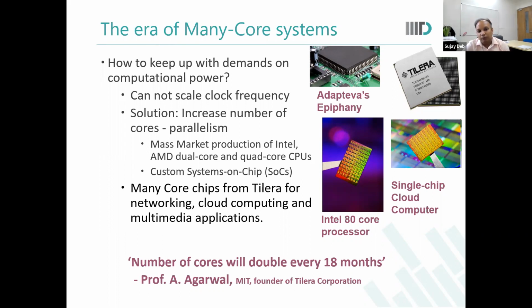Professor Anant Agarwal from MIT, who is also a founder of Tilera, came up with a corollary of Moore's law, which suggested that the number of cores will double every 18 months. This prediction was made in early 2005 to 2010, in that range. But as we can see, the number of cores has not doubled every 18 months, because of several reasons. Some of them are